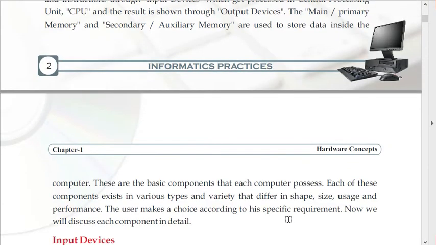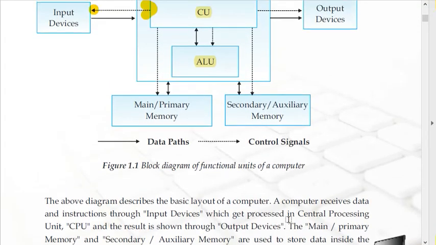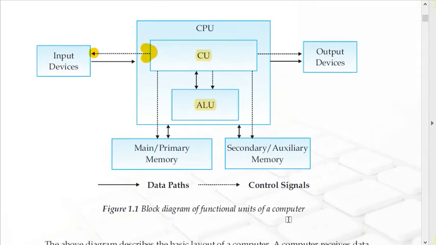Okay, now see, roughly I am telling you all how it actually works. Just find here on this diagram. First of all, see what is there? Input devices. With the help of an example, I am going to tell you how this functions. If I am supposed to give an input, definitely I will make use of an input device. Input device can be your keyboard, mouse, and there are various input devices, right? But right now I have told you two input devices which we use on daily basis.